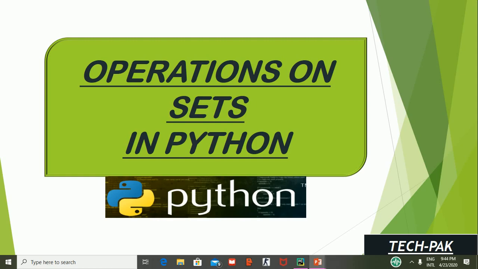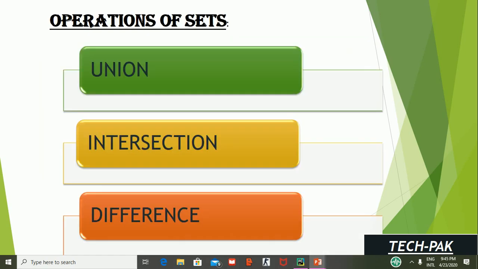In my previous video I told you about the different properties of sets and gave you the concept of a set, which is a data structure in Python and somewhat similar to mathematical sets. But today there is a specialty in sets which we can perform on them. They are called operations on sets, and I will tell you today what they are. So, moving forward to our next slide, operations on sets.